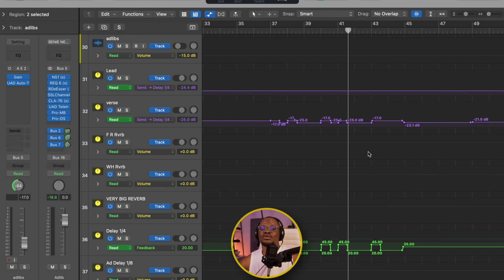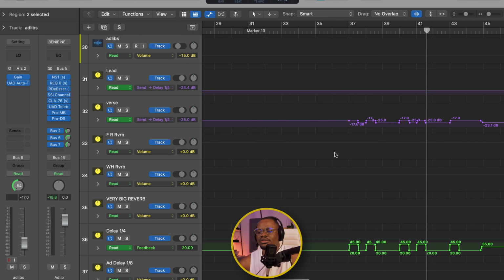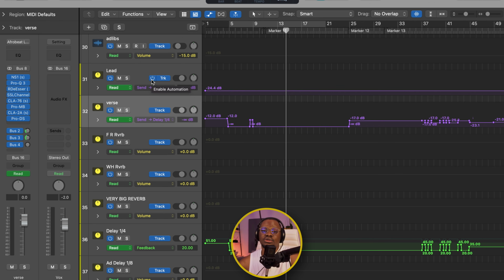Right? This is something I do a lot to keep the record interesting. It's not static. Very, very important. And actually, let me show you how to do this. So let's say we want to create automation for the reverb, for example. We're going to go over to the bus, click automation mode and select touch or latch, whichever one you prefer. Personally, I like latch. So now once we've done that, we're going to go over to the send that we wish to automate,